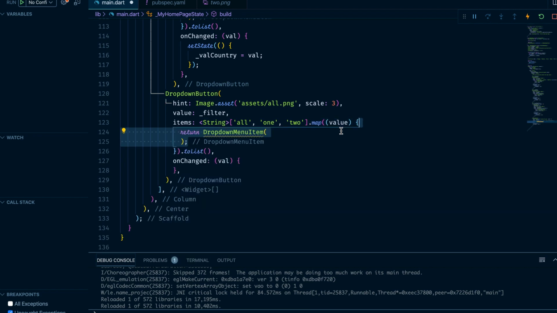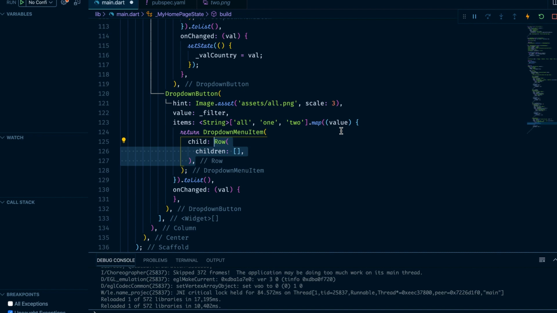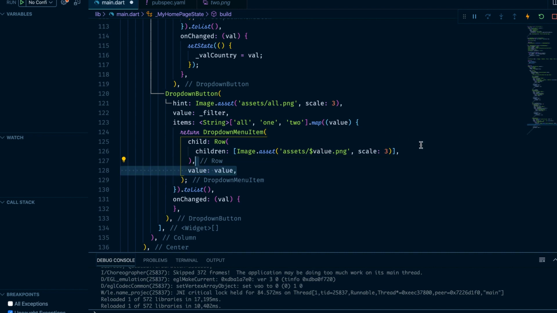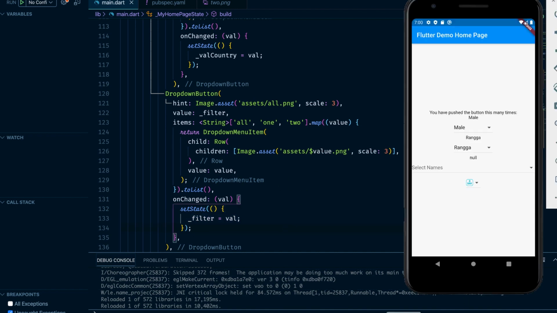From this, I create DropdownMenuItems, and the value is the item value, and for the child I set a Row and directly set an image from the asset. Because the image is dynamic, I use Image.asset with a string and dollar value. From this, when the data changes to all, the image will load all.png. Same with one.png and the others.